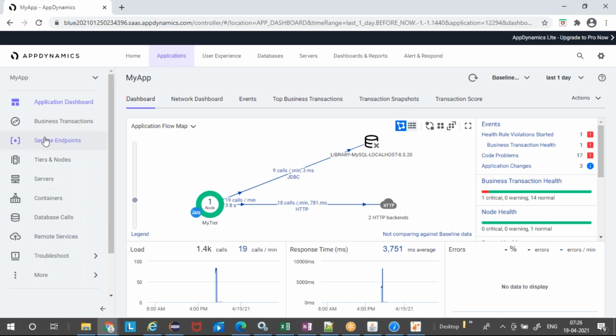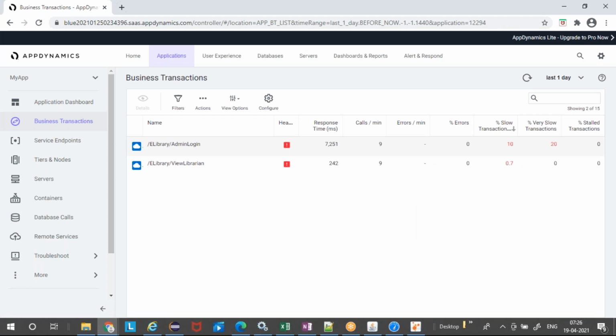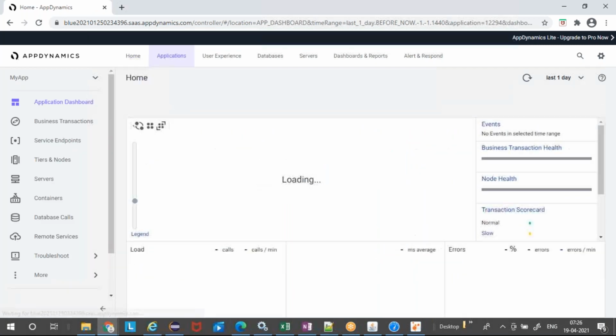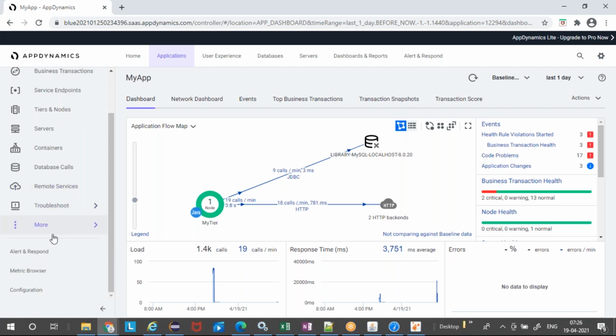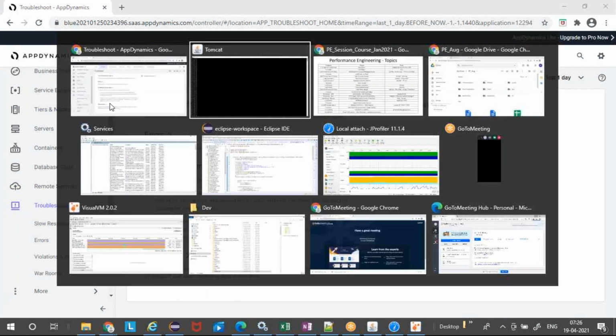So we'll use this complete AppDynamics to learn how to configure the Java application, and then how to analyze the business transactions, how to create alerts, how to create events, how to create an application, how to debug the code problems, how to look into those health rule violations, database calls, remote services, troubleshooting a response time, errors, all these things we will try to learn from an APM perspective,